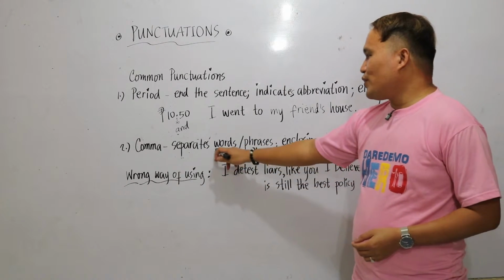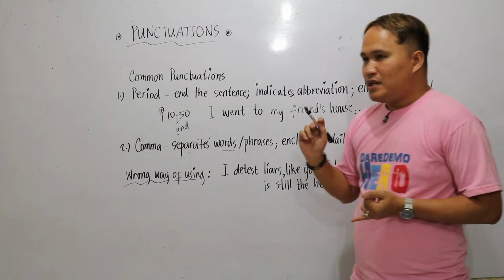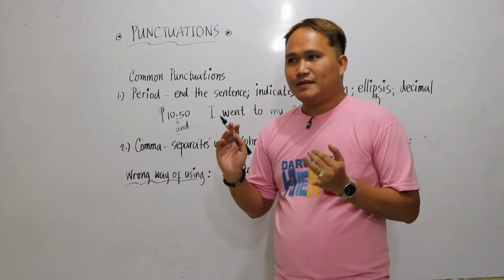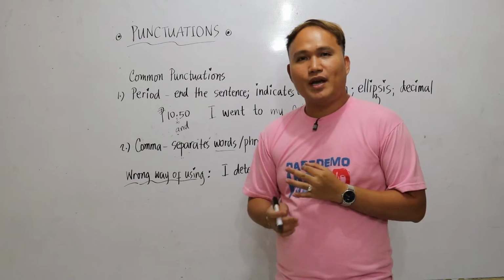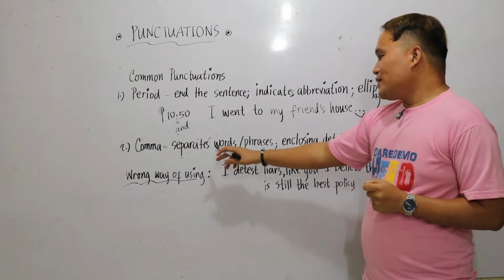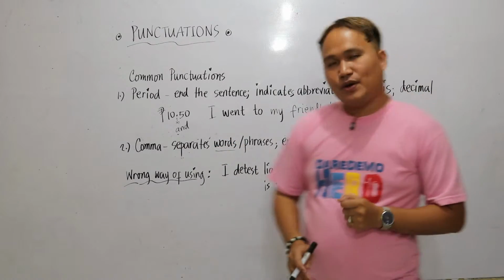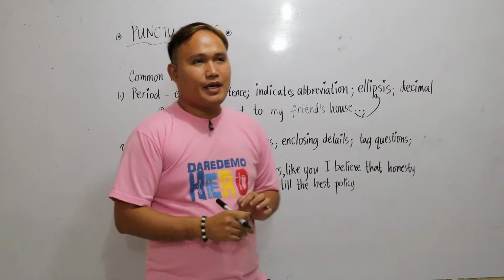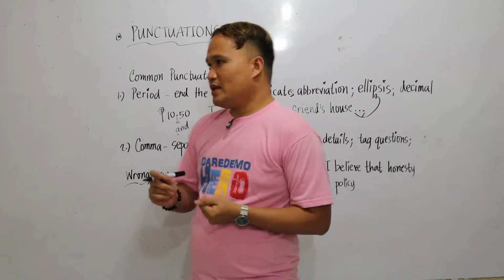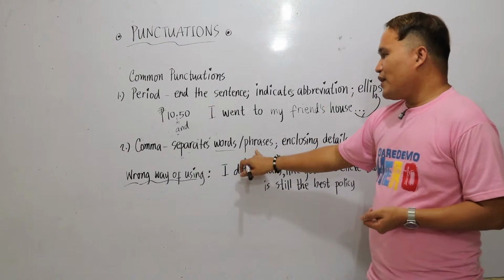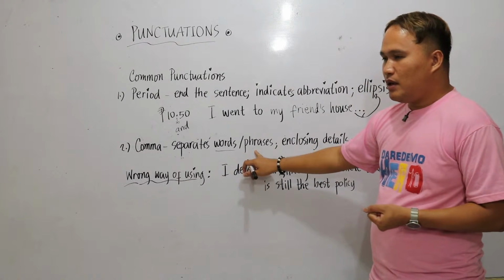Okay? When we say words, it could be adjectives. It could be a verb. It could be a noun or a pronoun. Okay? So we use comma to separate words and phrases, and also it is used in enclosing details. Okay? When we say details, oh, by the way, before we move on to this, for phrases, we have